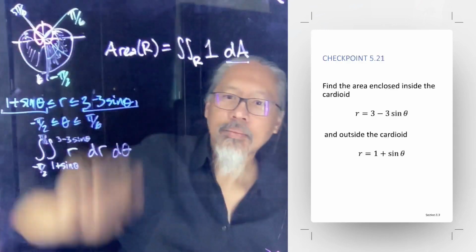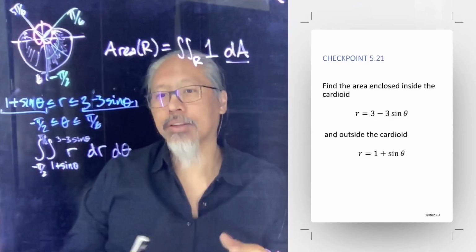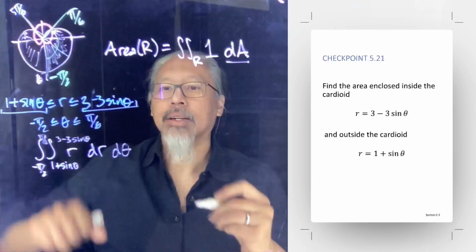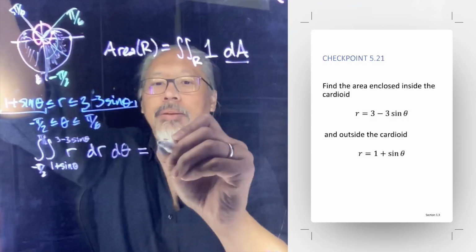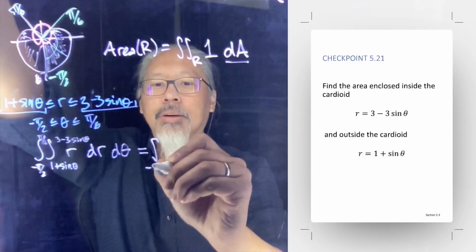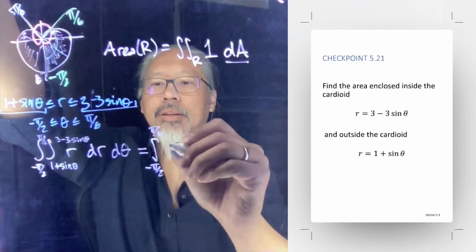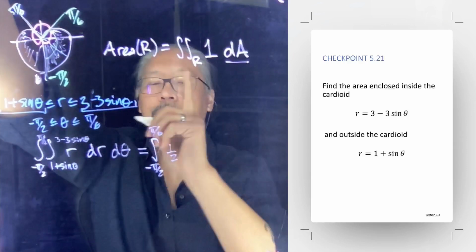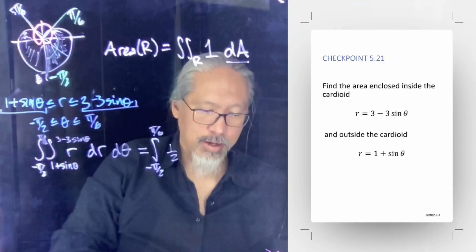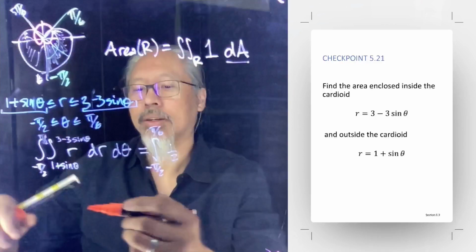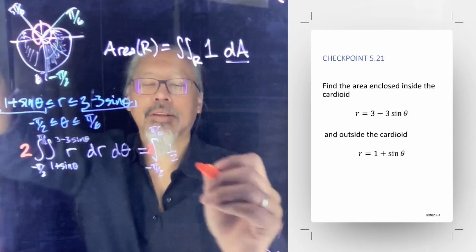Okay, so yet another one of these integrals that you cannot separate, so you have to do it from the inside out. Let's put the integral out here, minus pi over 2 to pi over 6. Oh, remember that we had to multiply everything by 2. Let's put that in a different color so it stands out, that this has a 2 out in front,